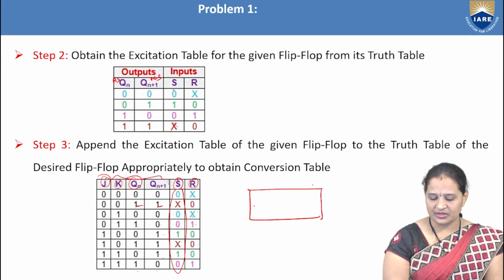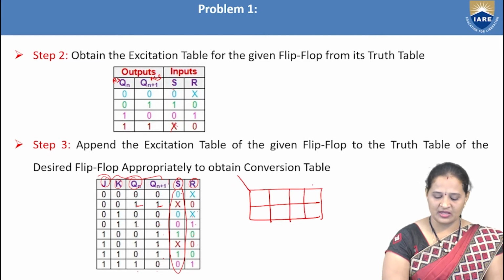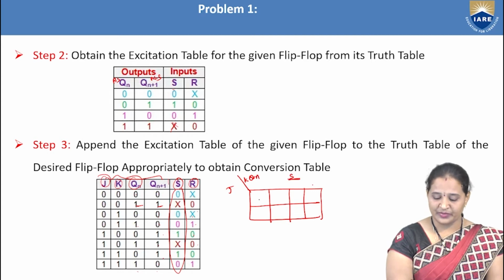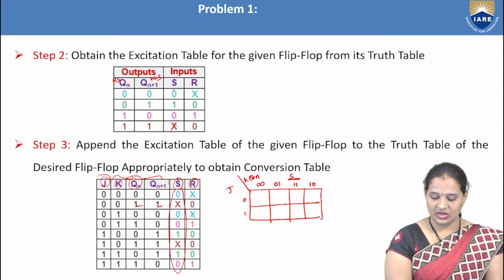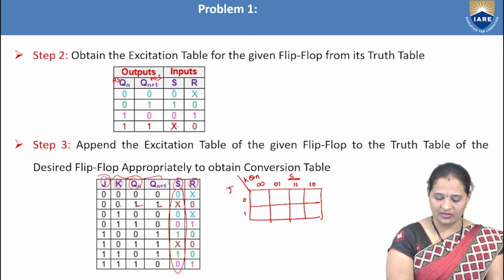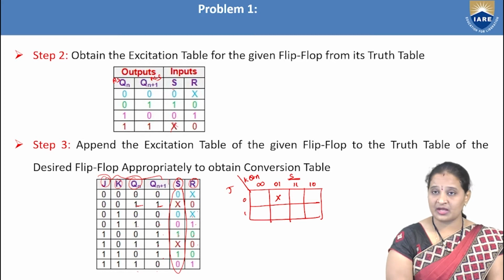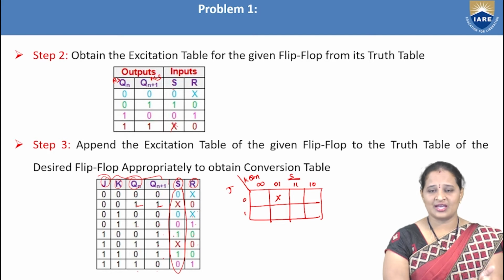This K-map is for deriving the expression for S. I'm taking the inputs as J, K, Q, N. This is the true K-map for S. So here 0, 1, 0, 0, 0, 1, 1, 1, 1, 0, right? Now S is don't care for the combination 0, 0, 1, so here it is don't care. And I'm considering only ones and don't cares because I want to get the expression in the form of SOP.